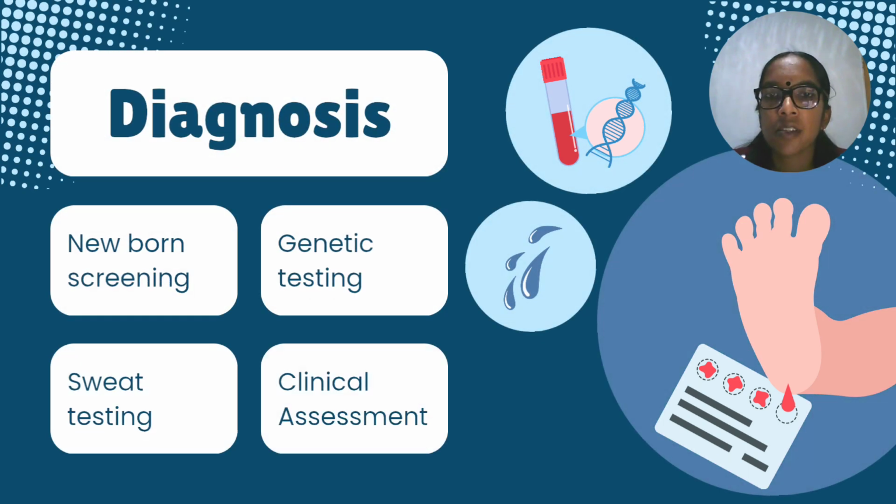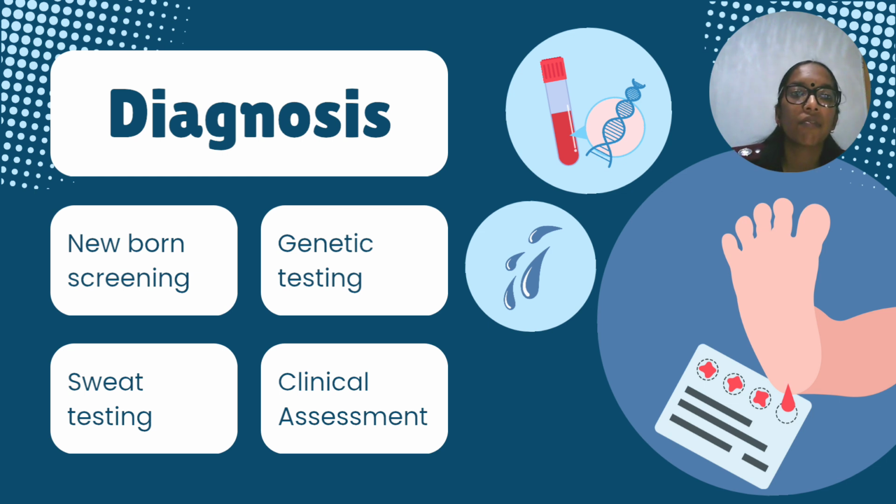So how do we diagnose cystic fibrosis? Cystic fibrosis can be diagnosed in various ways. We can diagnose cystic fibrosis by doing a newborn screening, when newborns undergo a blood test to check for elevated levels of a chemical called immunoreactive thyroxinogen or IRT, which is produced by the pancreas. You then have sweat testing,